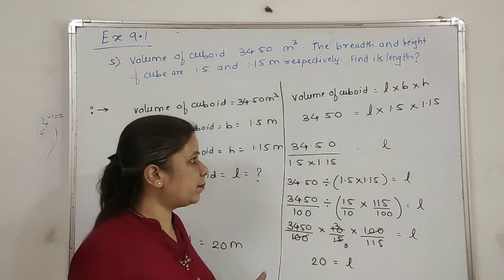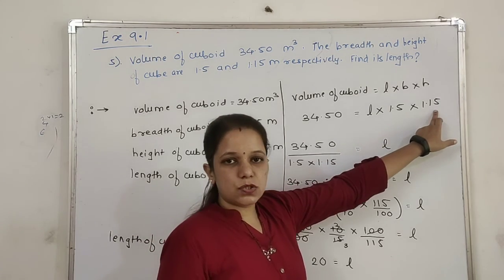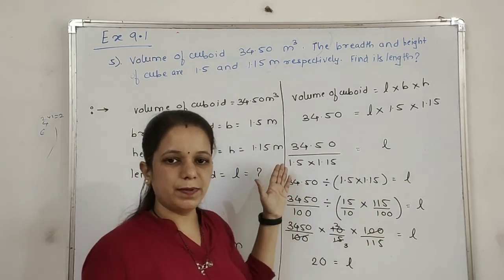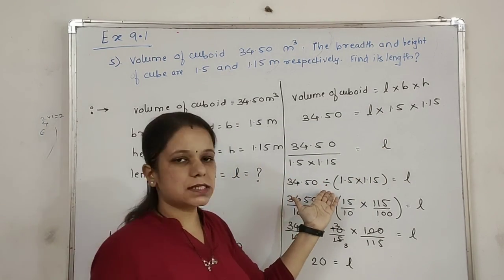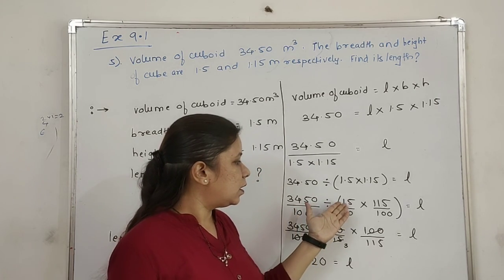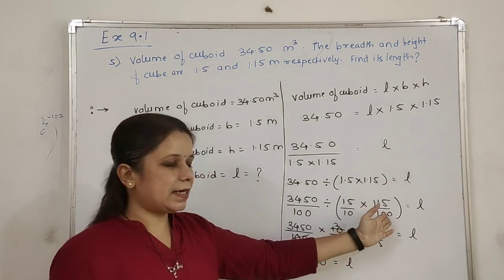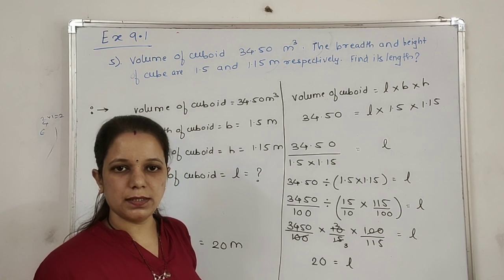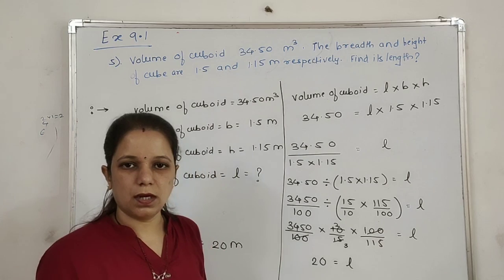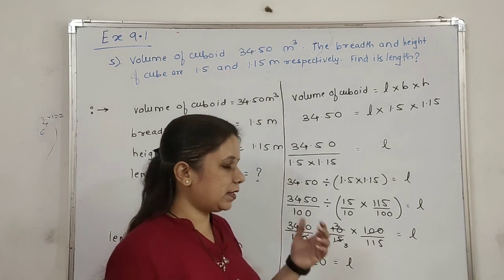Okay. Very simple. First, these two quantities, we will take it on the other side. They are multiplied. They will be divided. We will write it in simple mathematical form. And then we will remove the decimal points by taking number of zeros in the denominator. And then we will perform the calculation. Okay. So after you perform it, you will get it length